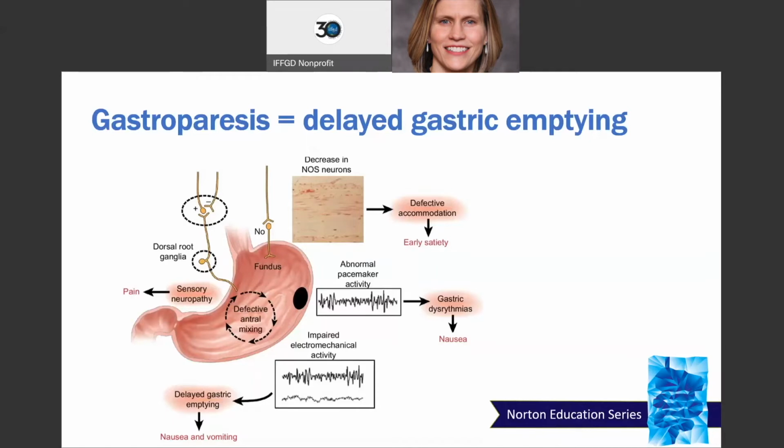The stomach works as a pacemaker actually, and the activity of those pacemaker cells can be abnormal, and you can have what's called gastric dysrhythmia, similar to the heart. And then there could be abnormal coordination with all these functions and the mixing and coordination of different parts of the stomach that can cause a delayed stomach emptying. So stomach physiology is very complicated, and we don't understand or have a good test to capture all these different things.